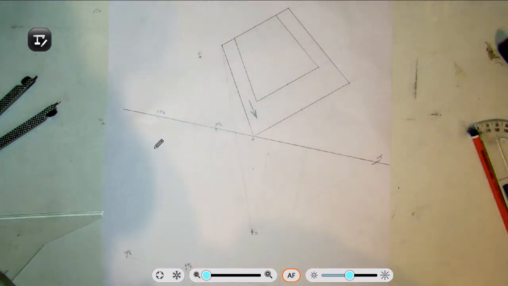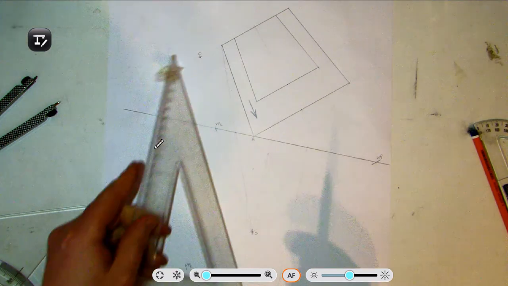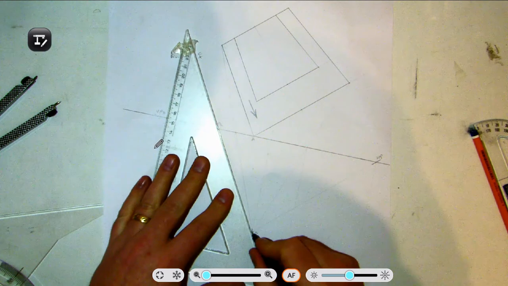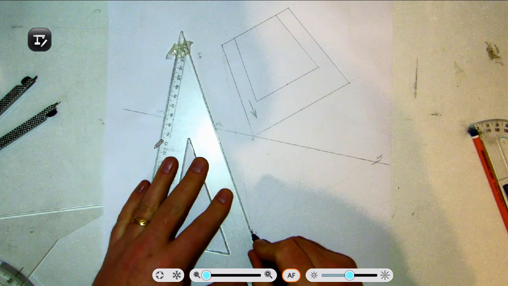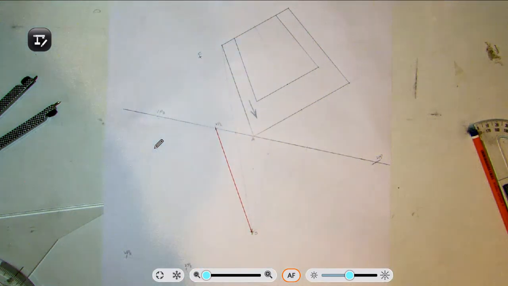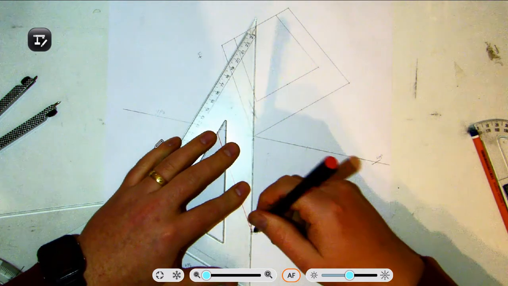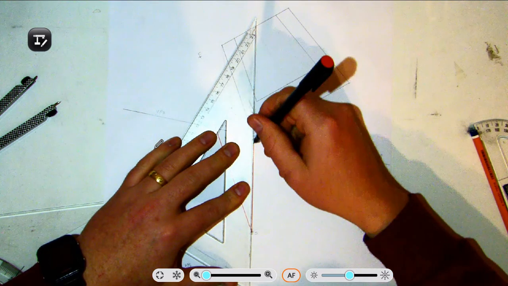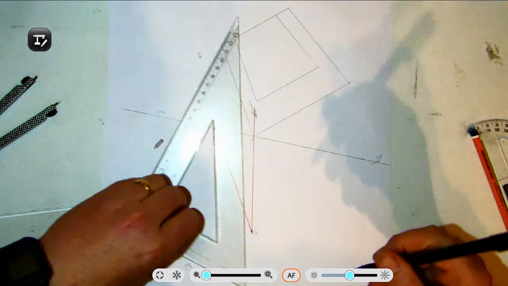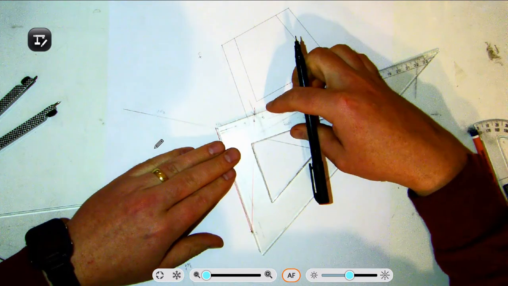So what I'll do here is I'll put this in color so that it stands out. Now you don't have to do this in the exam. I'm just doing it for clarity's sake. So this was the line that we drew to get the vanishing point originally. What we are doing here now is measuring off our 20 degrees from our spectator. And the next stage we have to do is from VP2 create a 90 degree angle,